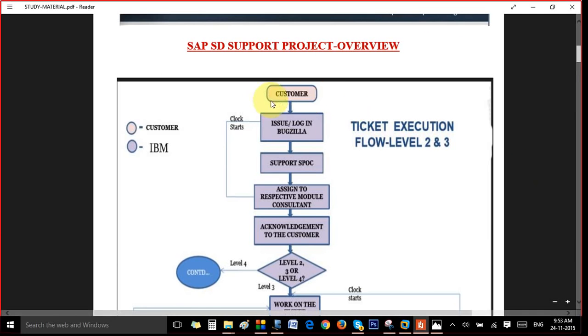Say, suppose this is Galaxy Pharma, the customer. Suppose they have given a project to IBM. Okay. Galaxy Pharma is a customer. They got some issue. The issue, actually what happens is,